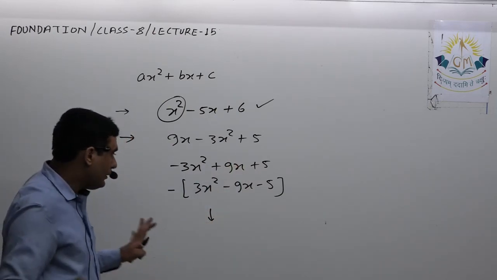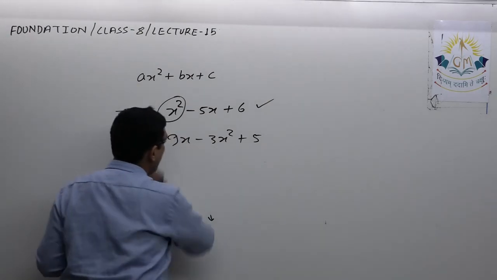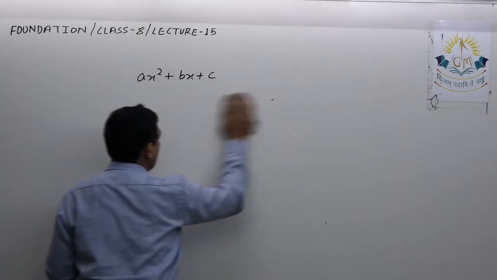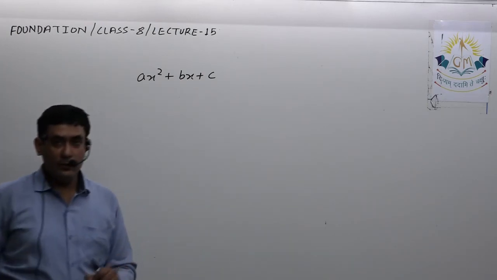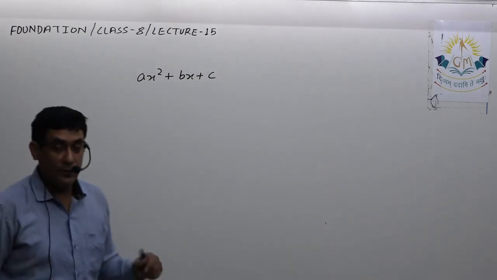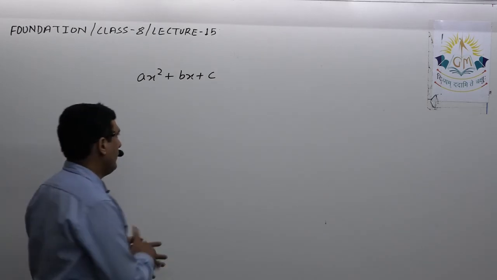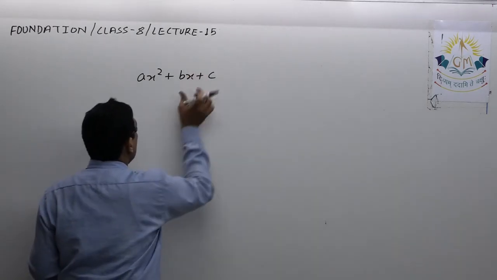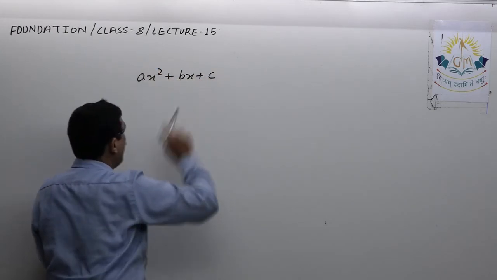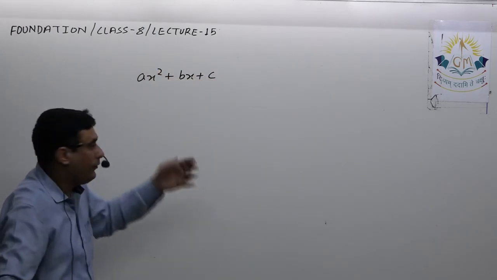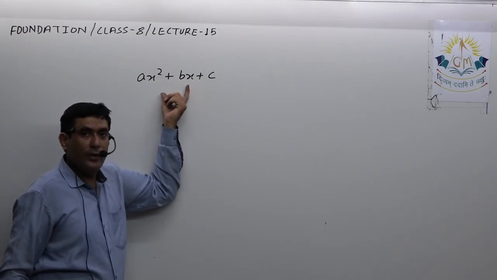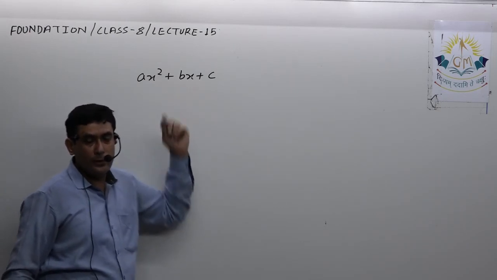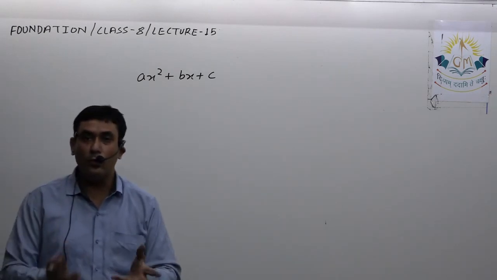So these two things you have to keep in your mind. First, the given expression should be in the standard form. The second thing, the first term must be positive in the standard form. Now the third thing: when we write the given expression in the standard form, we call the second term the middle term. Now we have to split this term. Split this term means we have to write this term in two parts.